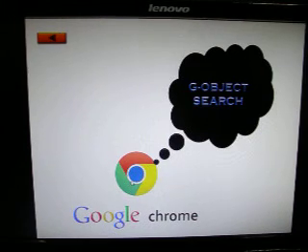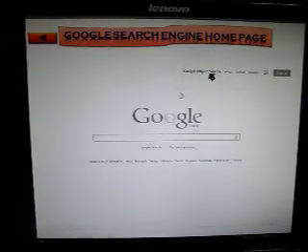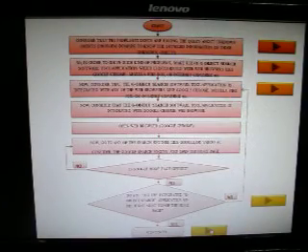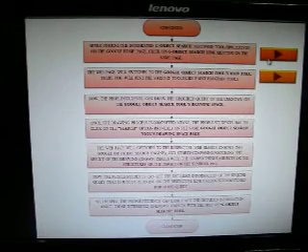After that, you need to open this web browser. Okay, this is the home page where you can see the integration with the Google Chrome web browser. That is Google Object Search. This indicates the Google Object Search software tool's integration on the Google search engine home page. After this integration, we need to click on the Google Object Search link mentioned on the same page.